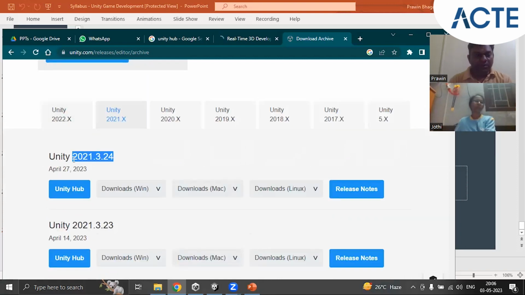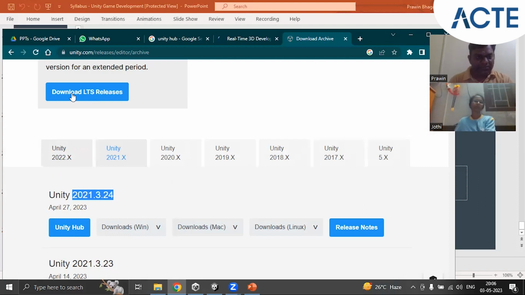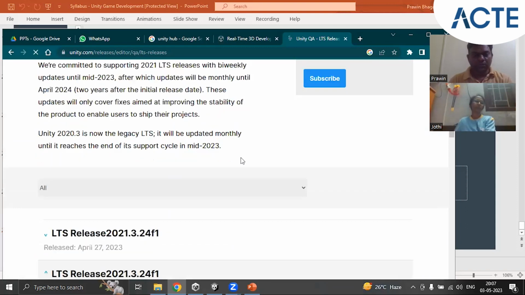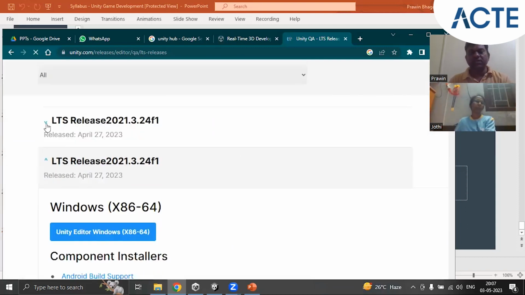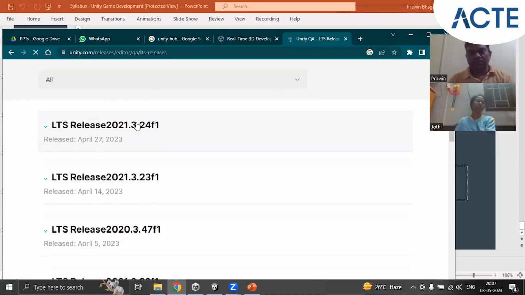But we have to check whether it is an LTS version. So here you have to download LTS releases. You will see 2021 or 2022 under LTS releases. 2021.3.24 F1. So if you click on here,